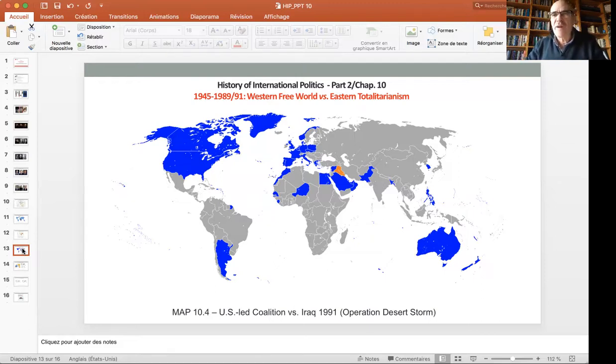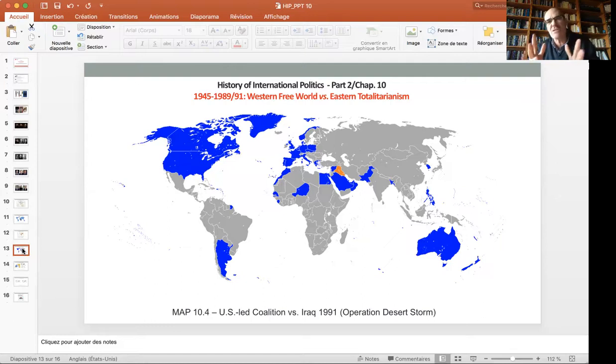The troops amounted to 500,000, launching Operation Desert Storm in January 1991, January 18th, as far as I remember, and within 6 weeks, Iraq was defeated and Kuwait's sovereignty was reestablished. Those powers that did not send troops, Japan, for instance, financed with their money the cost of Operation Desert Storm. So this operation was somehow representative of the whole genuine international society.